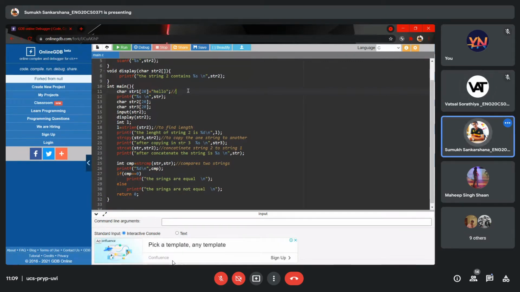A string is basically an array of characters. An array stores different values in different memory locations of the same data type. So in C, there is no particular type for string. We use an array of characters as strings and we manipulate those arrays. So how do we initialize a string? This is one of the main ways to initialize a string.